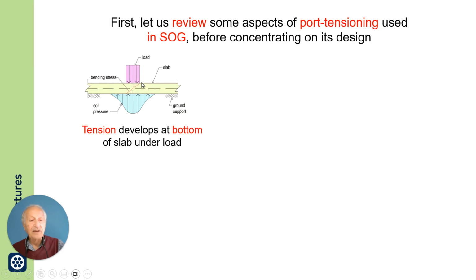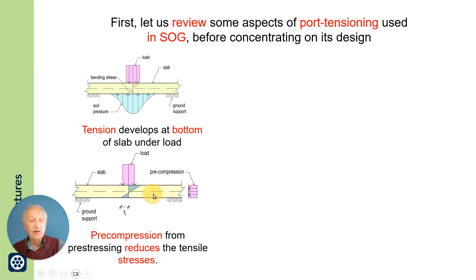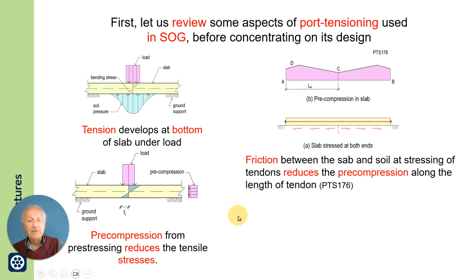You have compression at the top, you have tension at the bottom, and typically tension and compression are the same. But if you apply pre-compression, the pre-compression reduces the tension at the bottom. So here at the bottom, the value is smaller than the one at the top, and it delays the likelihood of cracking. For a long slab,